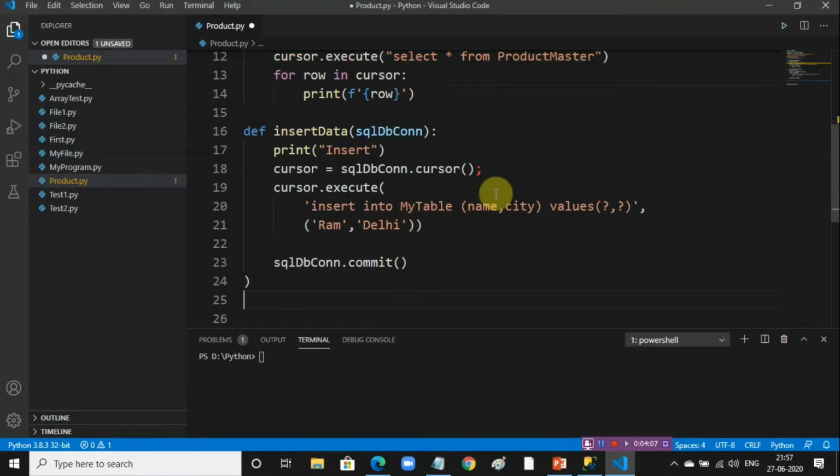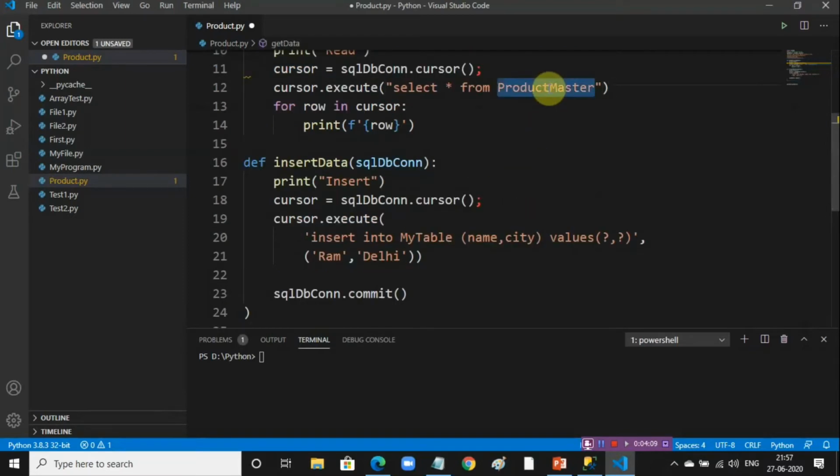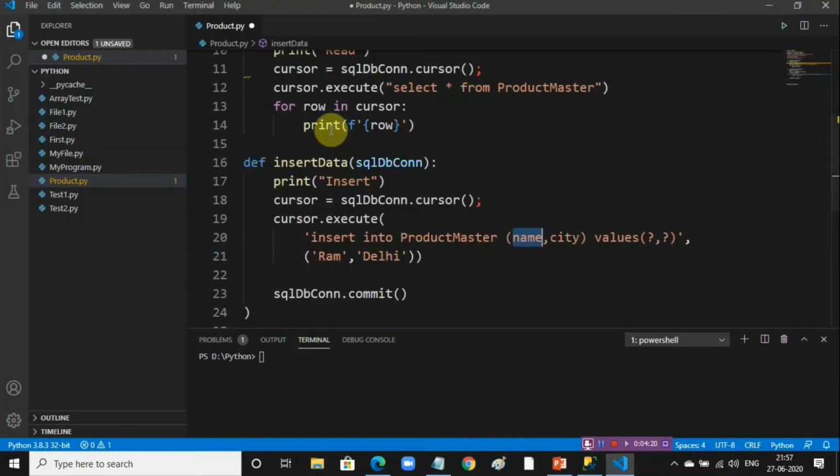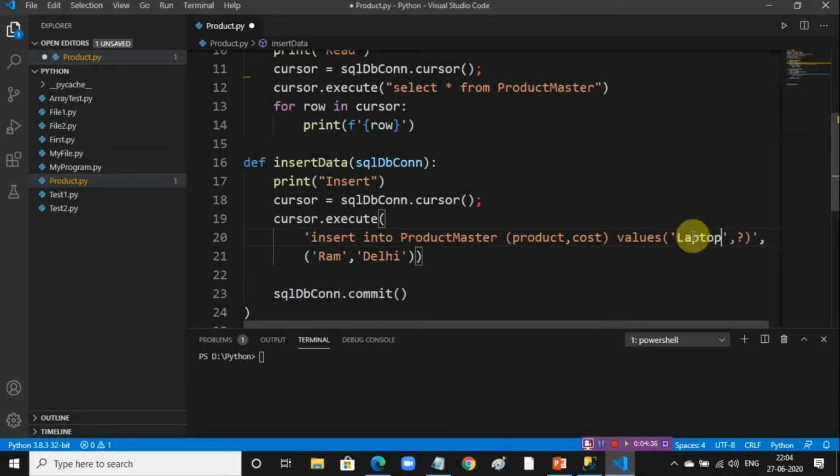Now I will write code to insert data into tables. Insert into product master. I'll define the column name here and then values. Value laptop and then the cost of that product.